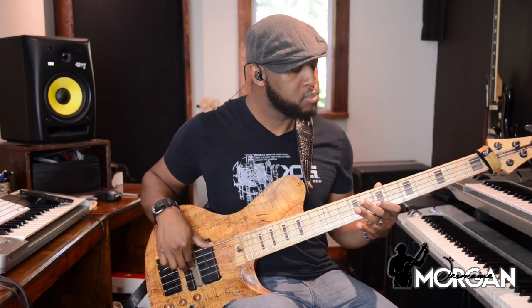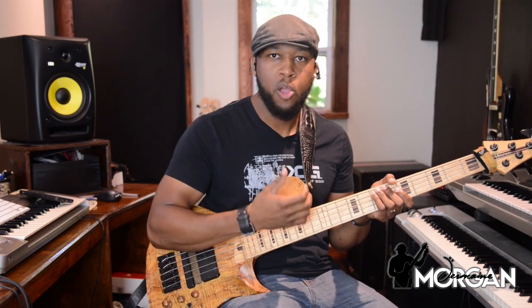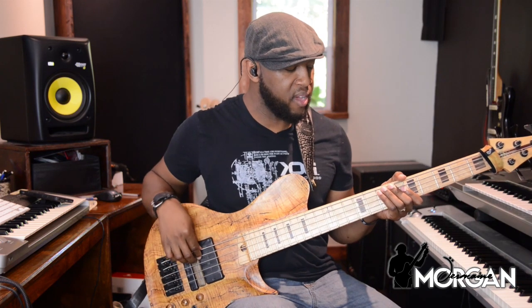So if we take that same approach that the drummers take and start trying to work it in the context of the groove, immediately once we figure out the notes, that helps me to land and think ahead, because now I know that I'm going to try to land on an open note or a lower register, but it really doesn't matter. I can go high register or low register. The most important thing is landing the downbeat so that I'm still right on the money with the groove. So let's put it into context the same way that we would have done with that drum groove. So we have